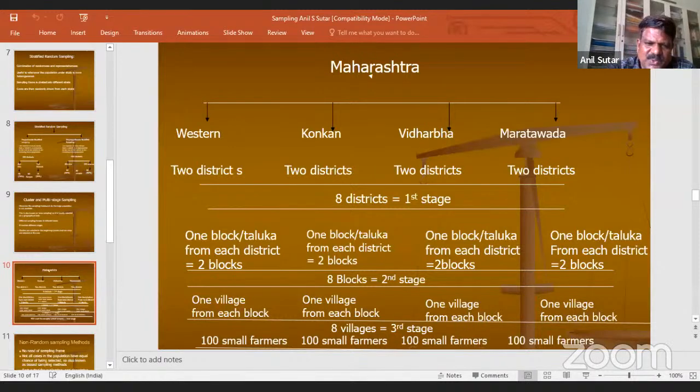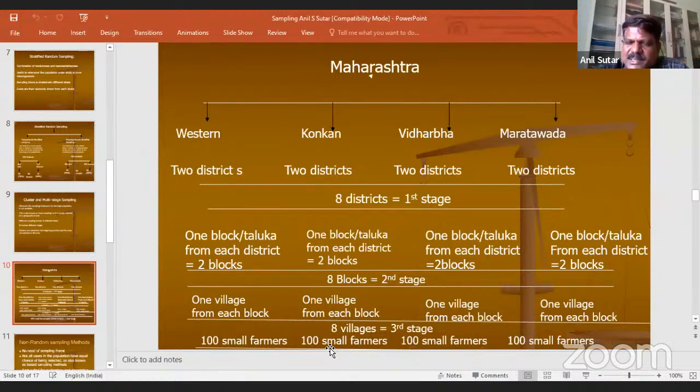Now from each village, I will select 100 small farmers. So 800 will be my sample size. You are getting my point.